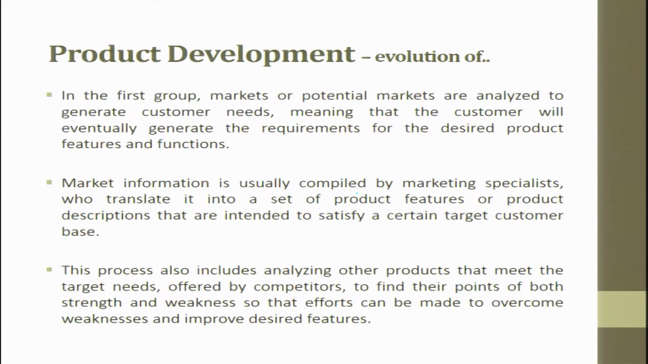The market information is usually compiled by marketing specialists who translate it into a set of product features or product descriptions that are intended to satisfy a certain target customer base. The other important thing we should understand is there is nothing called a universal product which everybody would like and everybody will buy. Even in a pencil that you buy, people have umpteen specifications. That is why today when you want to buy a pencil, you have umpteen brands,